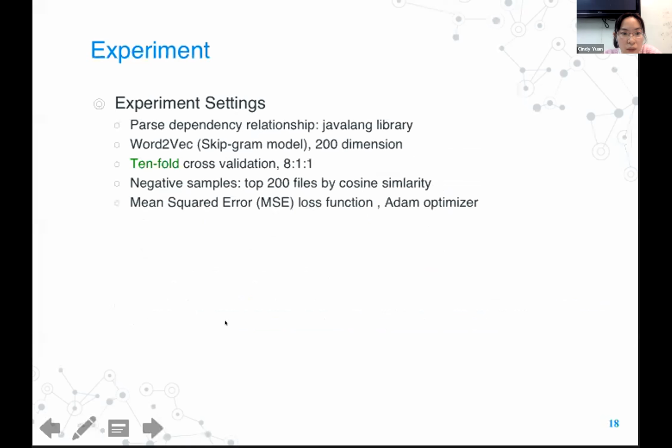In our experiment, we use the Java-Lang library to parse dependency relationships. To guarantee the reliability of our results, we perform tenfold cross-validation. In each project, the reports are divided 8:1:1 for training, validating, and testing.